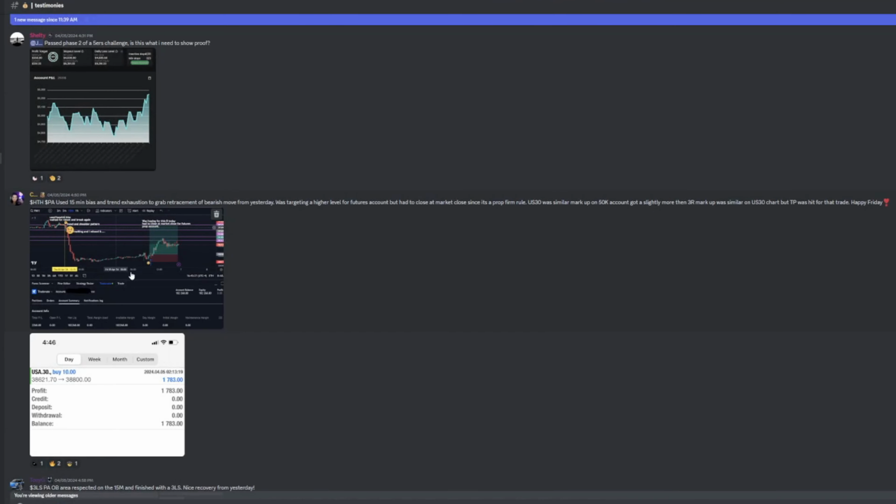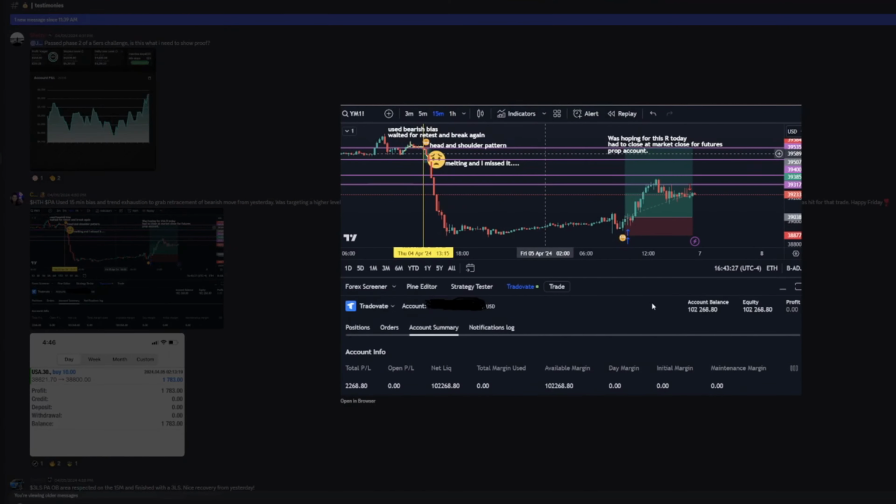All right, so that is it for this trade. It was pretty much just a breakout of this consolidation that had happened after a trend exhaustion, and just looking for the retracement. So that was it. Unfortunately, I did have to close earlier, and I could have let it run, but because of the way the markets work with futures, you have to close by the end of the day for the challenge accounts. So I didn't get to see if the trade would run to its full potential,